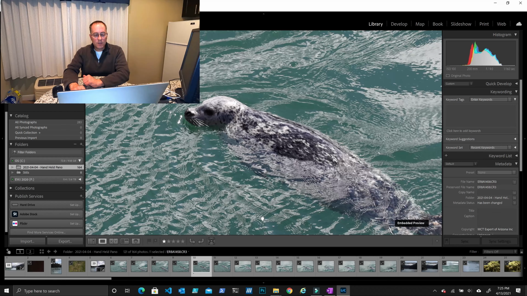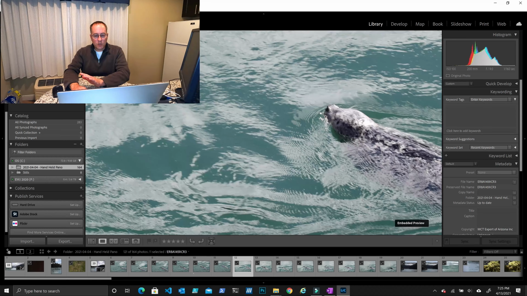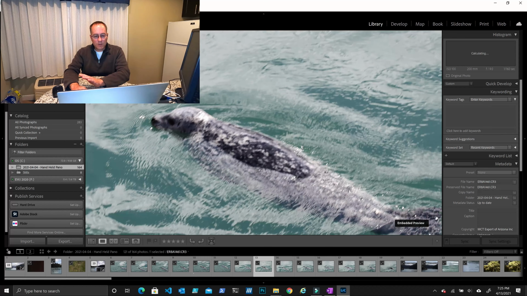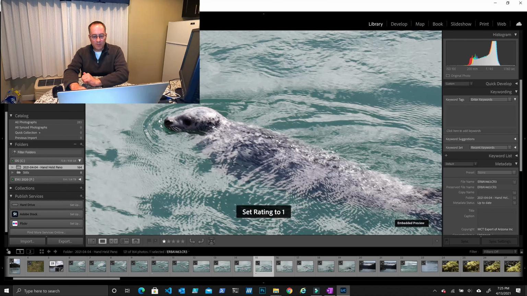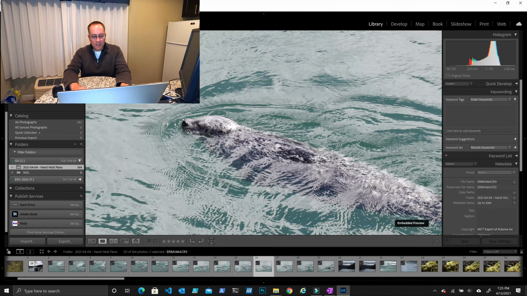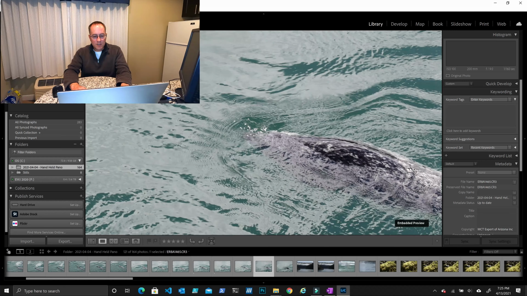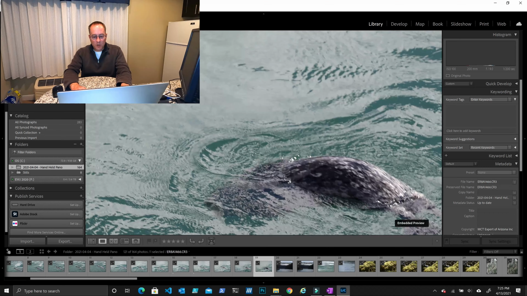Let's go ahead and do a few more here. Definitely not. That's blurry, blurry, blurry. A little better. That's better. We're going to go ahead and put a 1 on that one. Okay, that's clear. 1. Blurry. All right, and that's pretty much done. Okay, so what I've done here is I've rated my